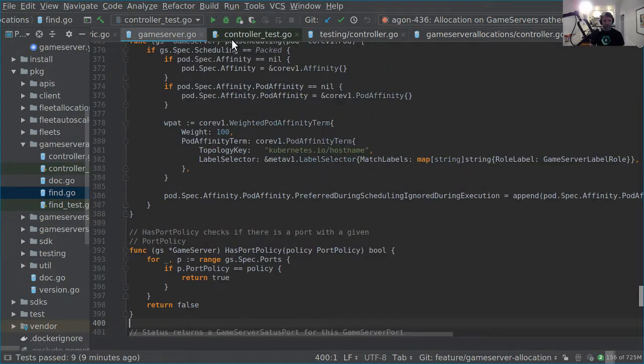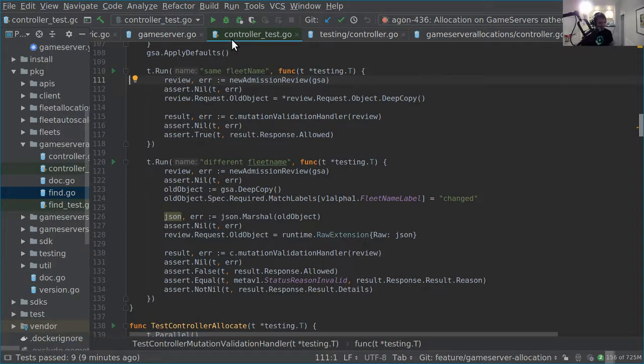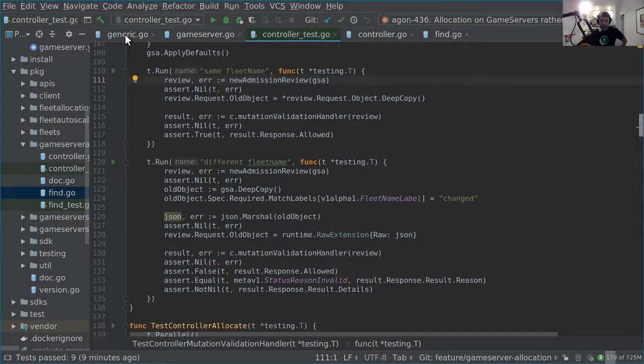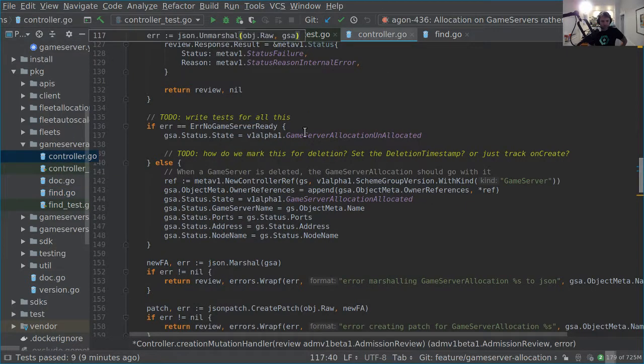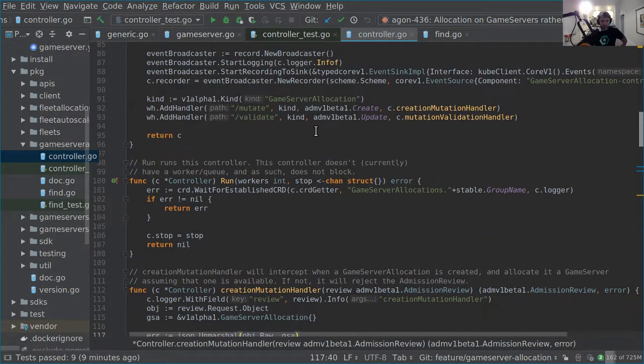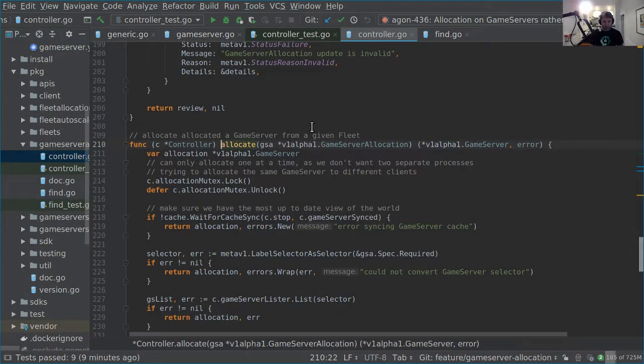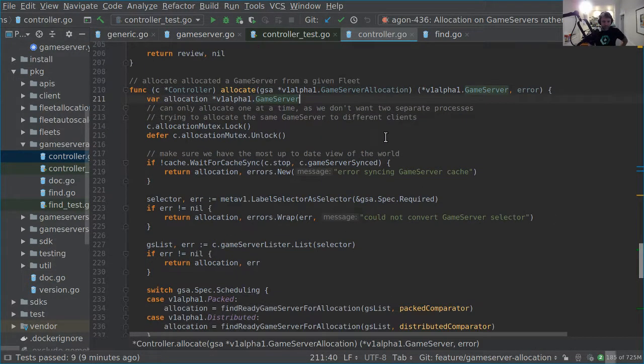So, this is interesting and fun. Here we go. So when we allocate, where's our allocate function? When we allocate,